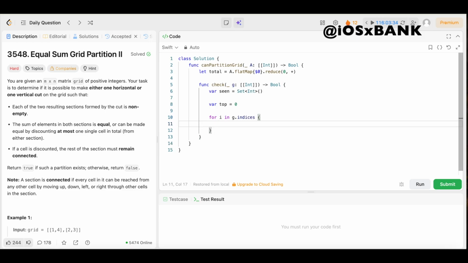We're going to open up the brackets, and we're going to add all elements of the current row into the seen set. So we'll say seen.formUnion(g[i]). Boom. Now we're going to add the current row to the sum of the top portion. So we'll come underneath this, and we'll say top += g[i]